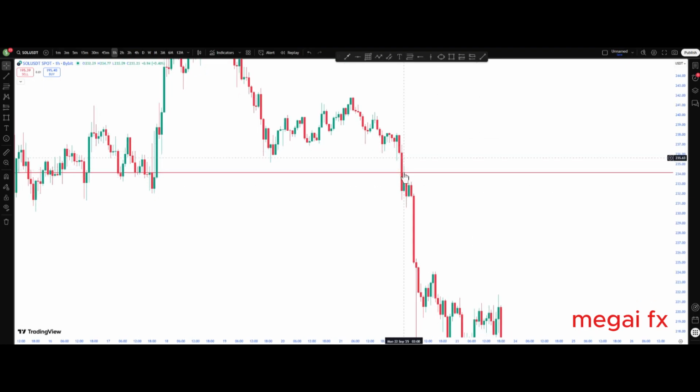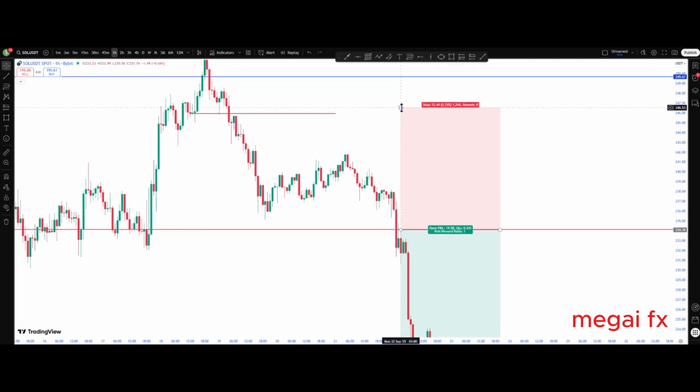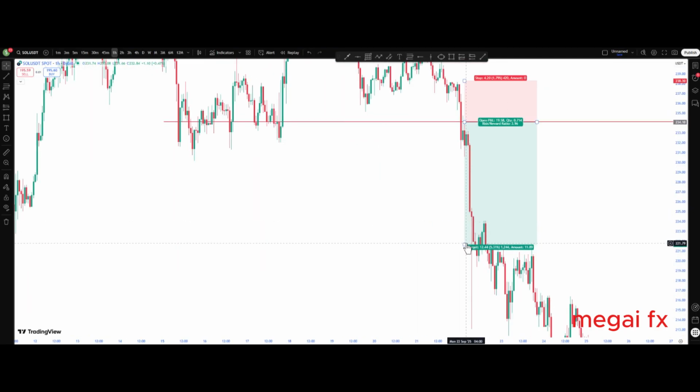We got a break of structure on the 1 hour time frame, we got a change in state of delivery with this candle. You understand? And when the market retested it, this would have been our second entry because we got a candle closure on the 1 hour time frame. We would have taken this trade,